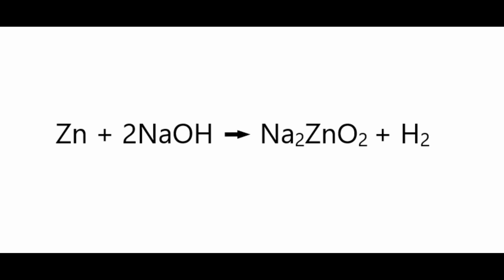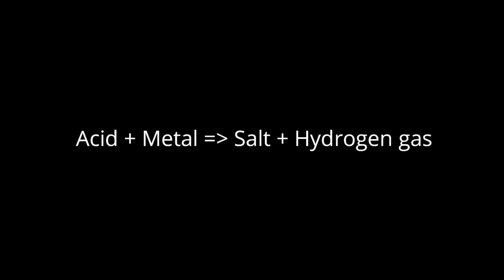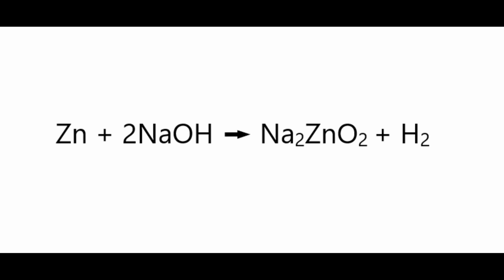Now, when we initially started this reaction, we talked about acid reacting with a metal to give us salt and hydrogen gas. But in the experiment, we observed that when a base reacts with a metal, we get the same products, a salt and hydrogen gas. Now, if you are confused about why NaOH is a base and not an acid, don't worry. You will understand that when we talk about acids and bases reacting with water. For now, just remember that we performed this experiment with a base, which is sodium hydroxide.